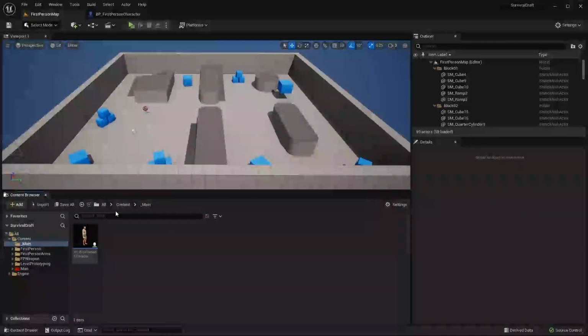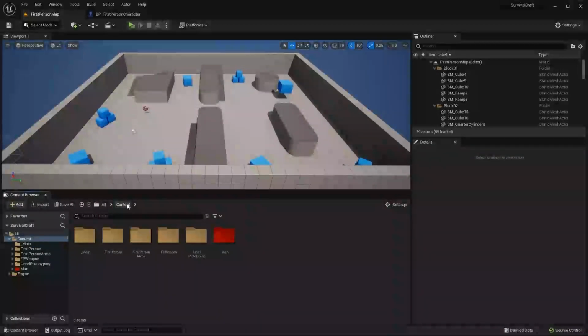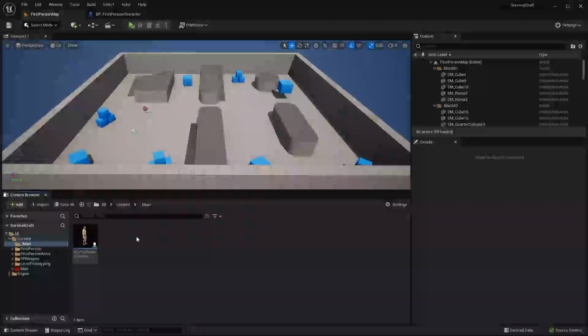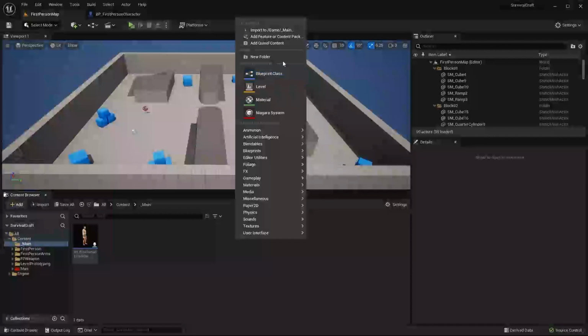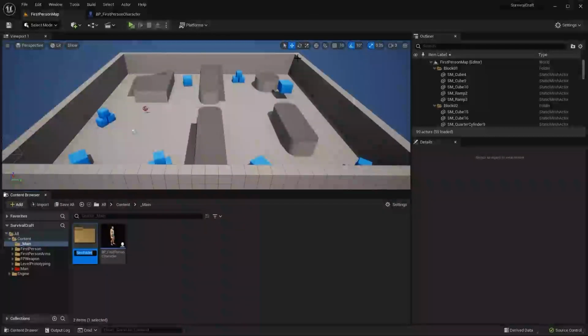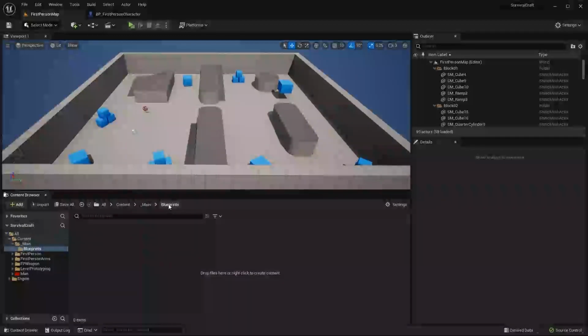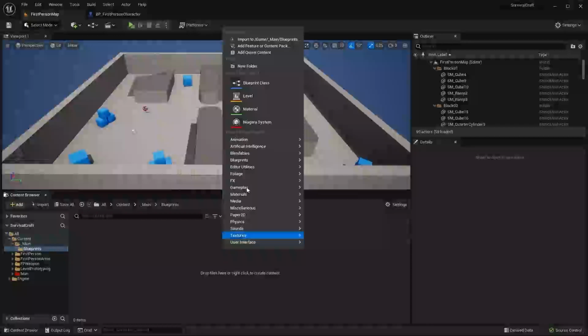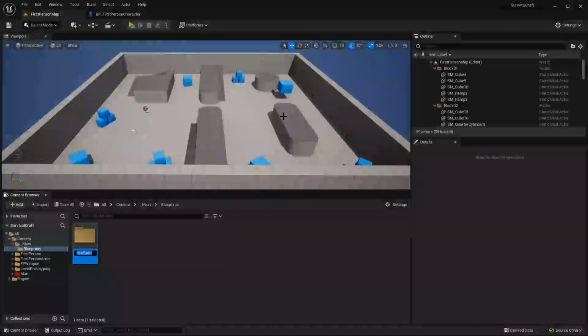The first thing that we want to do is come into our content folder, and in our main we're going to create some new folders. So right click and add a new folder, and we want to name this blueprints. So we're going to use the blueprints for all the different blueprints that we create, and in here we want to create a new folder and name this